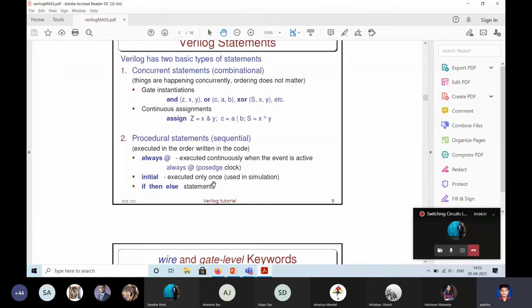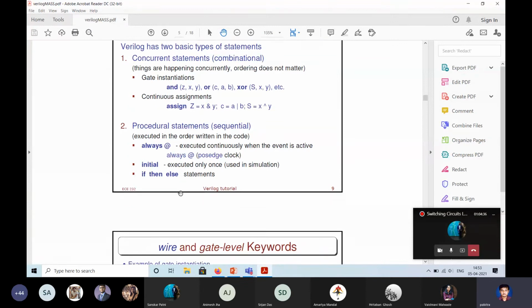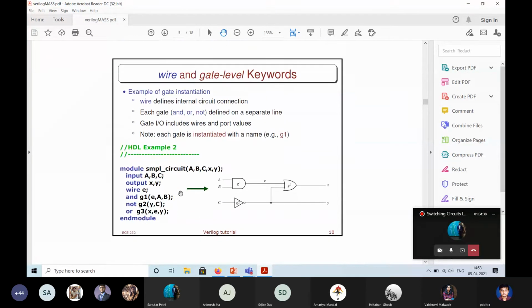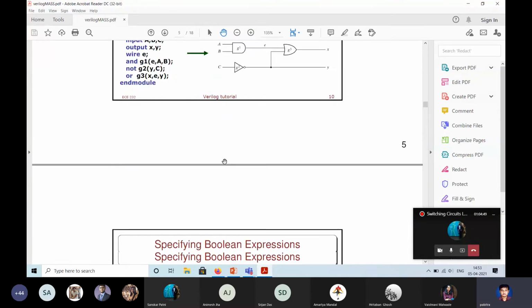You can have initial statements, which are executed only once, and you can have if then statements. So this I have already told, where it defines internal connections and so on.